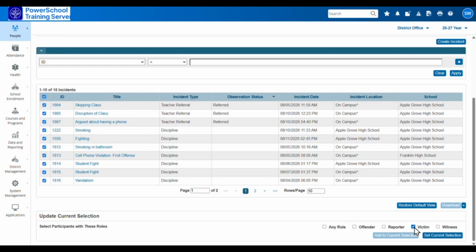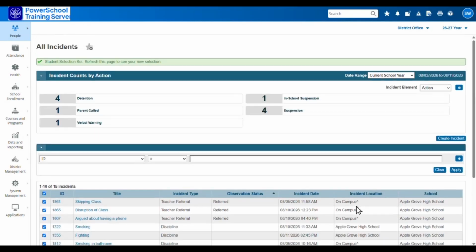So we'll check the victim box there and then set current selection. Okay, so it didn't really look like it did anything, but if you scroll back to the top of the page, you can see that it says student selection was set and that you need to refresh to be able to see that selection. So if we give this page a refresh,